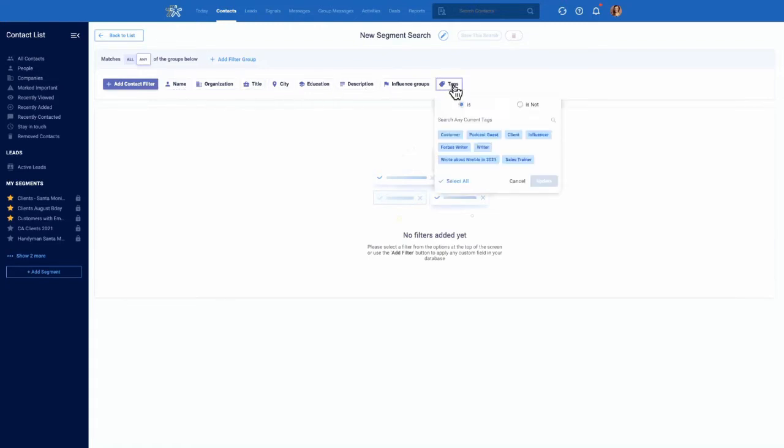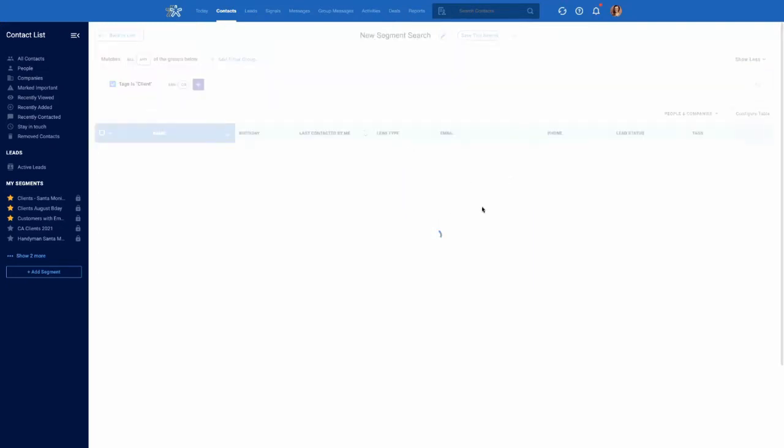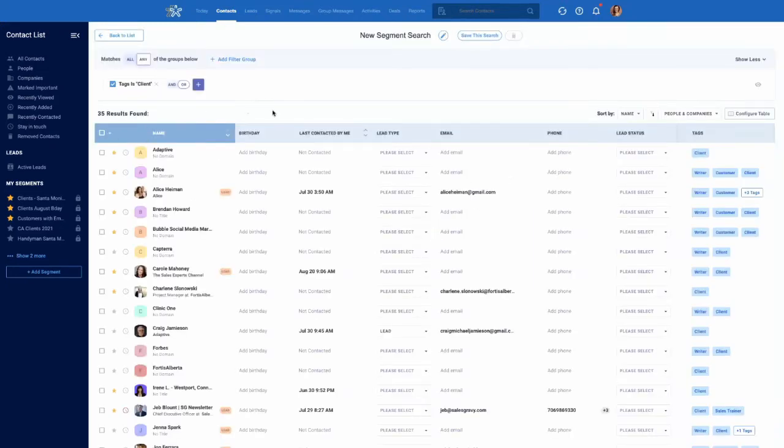Some of the easiest ways to organize your contacts is to tag them. Tags are going to be static, and you will have to manually apply them to the contact record that you want. So let's say you are importing contacts to Nimble, or you have added them previously and you want to group them. So you could apply a tag called client. As you can see, I have 35 clients currently,